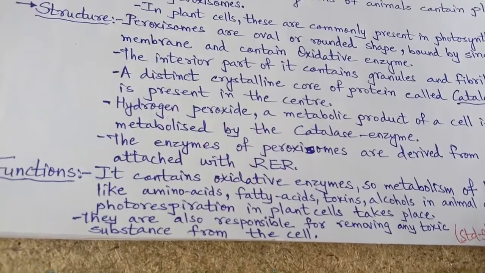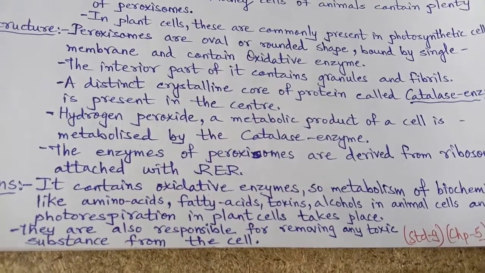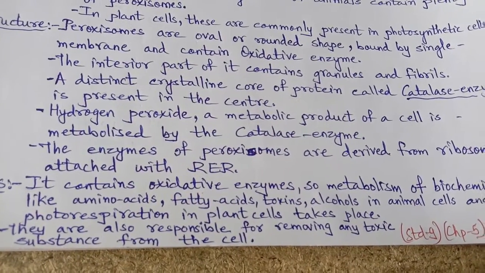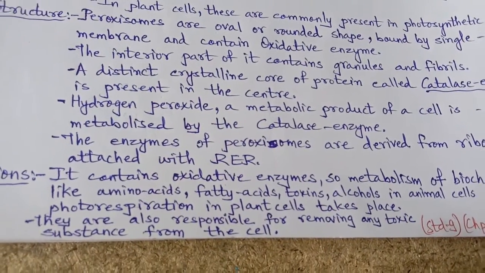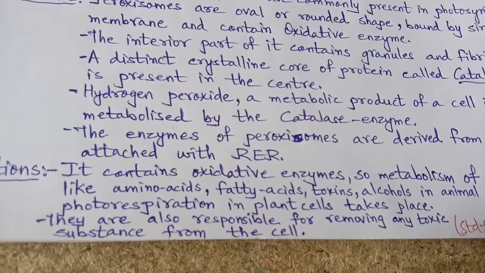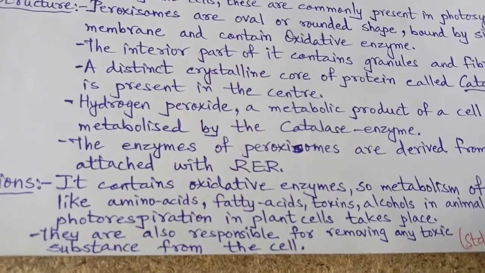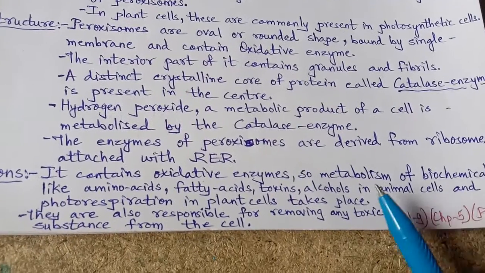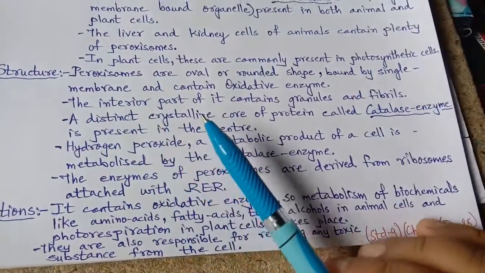Toxic substances, that means those substances which are harmful to the cell body, right? When infection takes place in the cell, it is because of certain materials which are toxic, that means which contain very concentrated powerful chemical substances which harm the living organism's cells, and in turn they infect the cells and the cells get damaged, in turn the organ system gets damaged. So such toxic substances are also removed with the help of the peroxisomes.